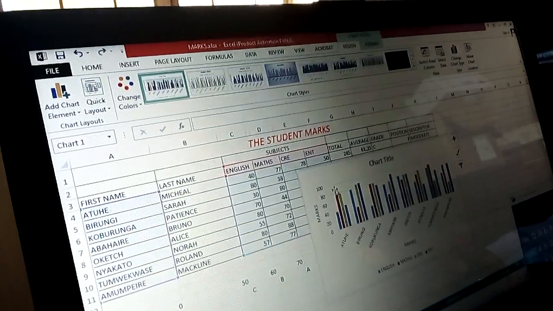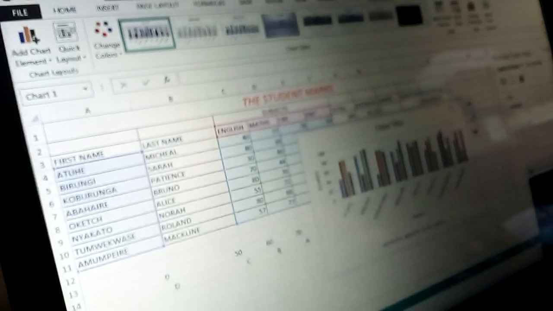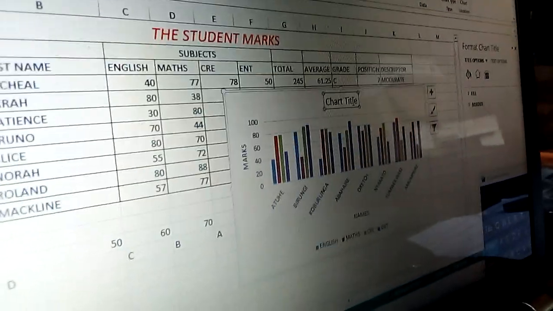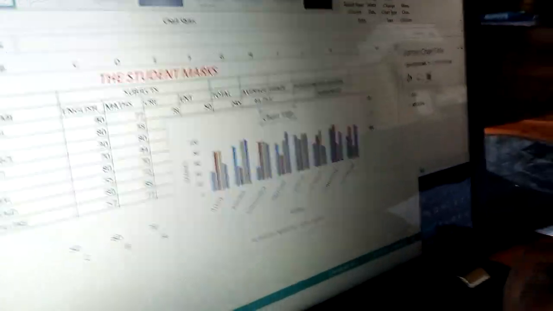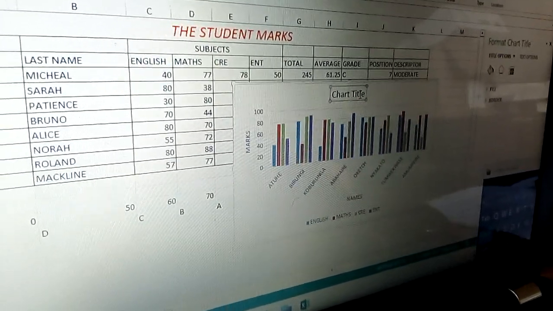So this is what is supposed to be done. So here we can even move this chart, and before we move it, we can put a title, and we say this is a combined graph, or comparison graph, or multiple.